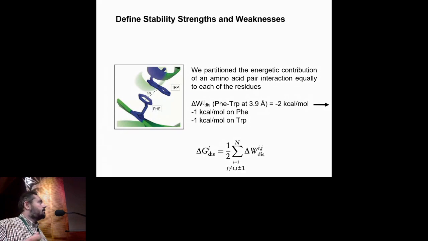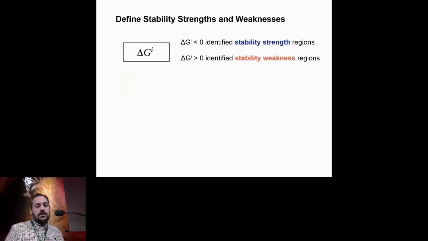And every time I split the energetic contribution half on the phenylalanine and half on the other residues, and then I sum together, and I come out with what we call the per site folding free energy. Again, there are 3 descriptors, so we have 3 types of per site folding free energy that we then sum together to arrive at the final index that we call per site folding free energy. And this is the stability index that we use.